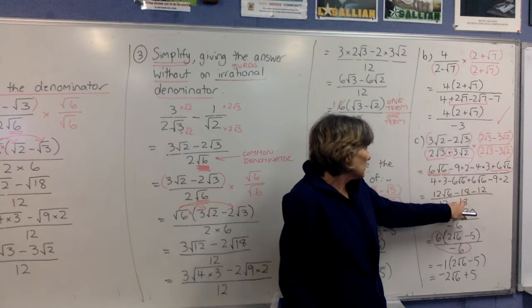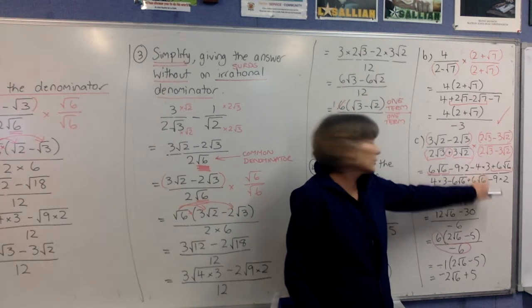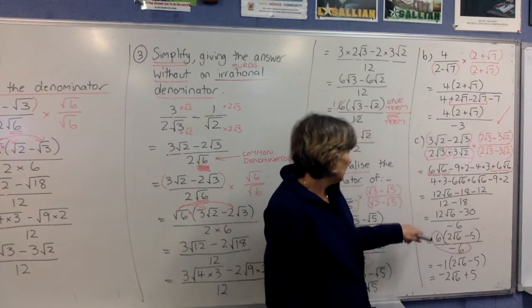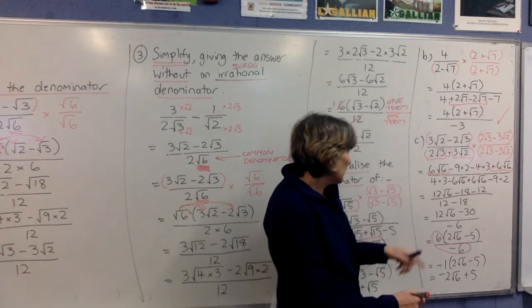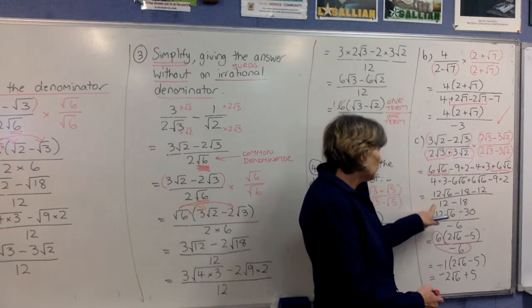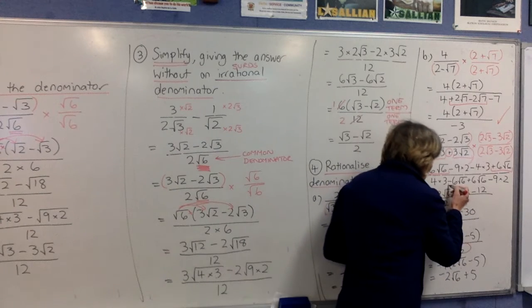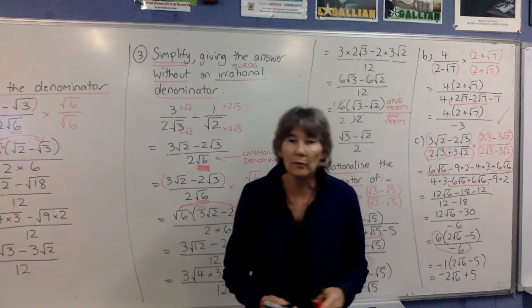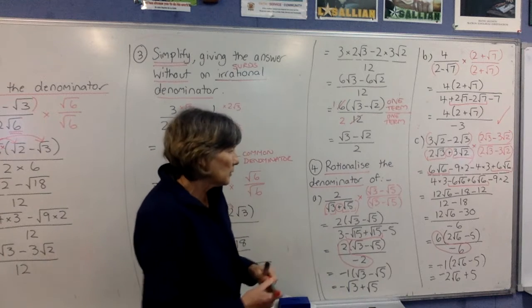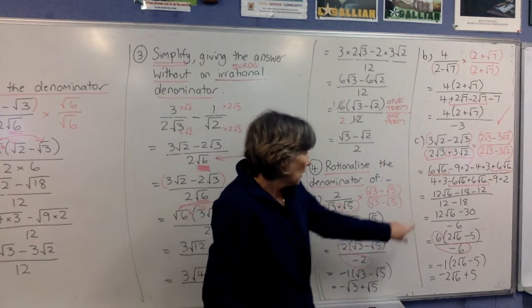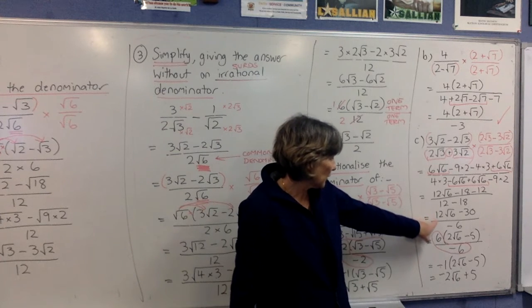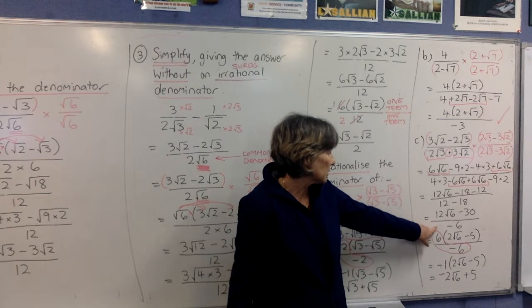Minus 9 times 2 is minus 18. Minus 4 times 3 is minus 12. We'll collect in a minute. Do our little multiplications here. 4 times 3 is 12. And minus 9 times 2 is minus 18. This bit in the middle, like I told you before, it's always going to be giving you a 0. It's gone. Okay, now just collect a little bit further and we're down to 12 root 6 minus 30 over